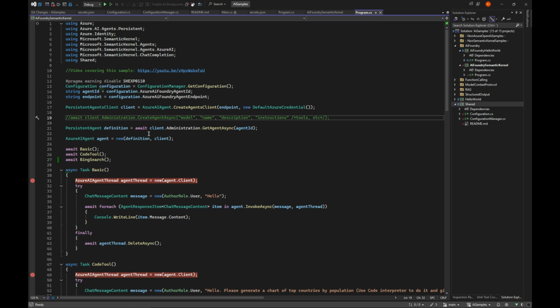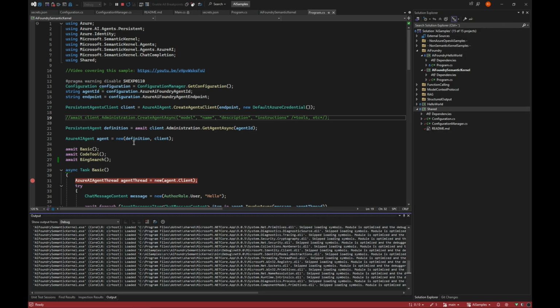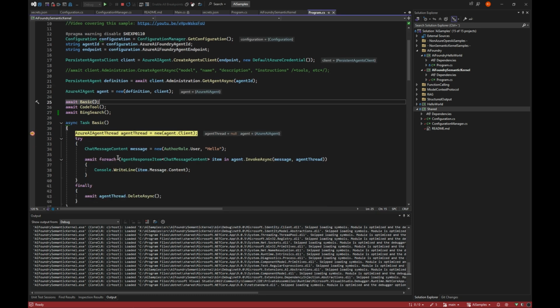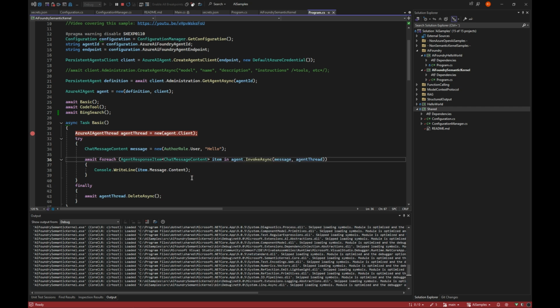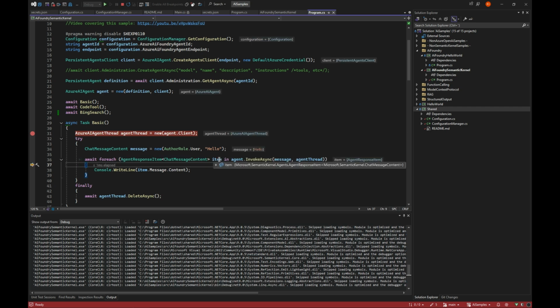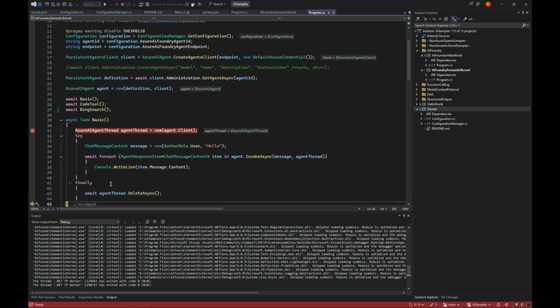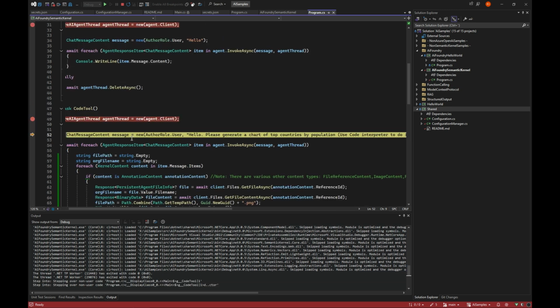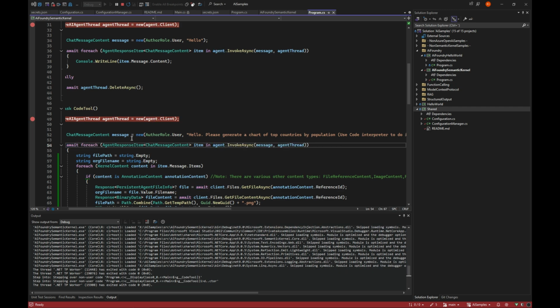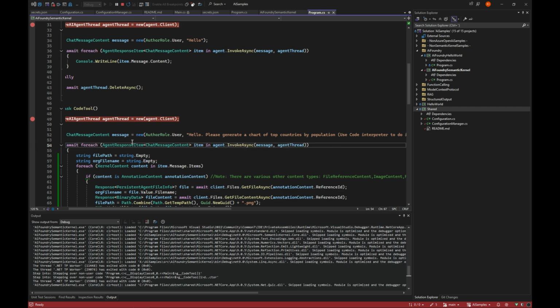But here we are in the code again, and we are running the Semantic Kernel part. The other part I don't really care about anymore. That's too much code, but we're working with the basic stuff here, which worked before, where we just call the agent, say hello, and it answers back, hello, how can I help you? So nothing new there. That still works. But then we had the code tool that gave some odd code back, which is apparently on purpose.